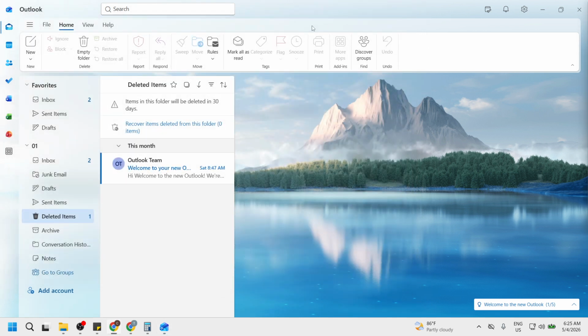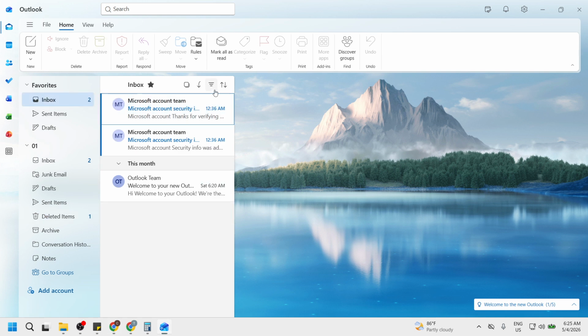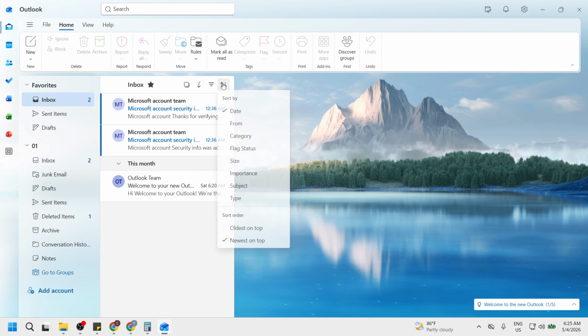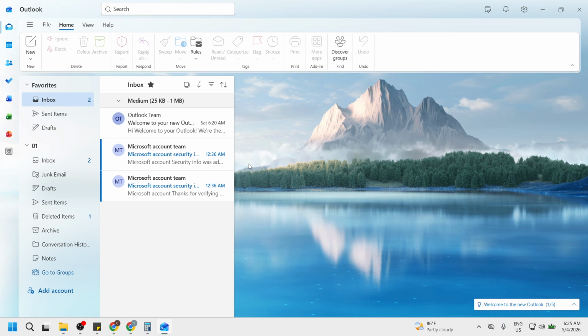Next, go to your inbox or sent items and use the filter menu. Choose Sort By, then select Size. Sorting from largest to smallest brings the biggest space hogs to the top. Open oversized emails, save any attachments you need to your computer or cloud storage, and then delete the messages you no longer require. After deleting, remember they move to deleted items, so return there and empty that folder again to free the space for real.